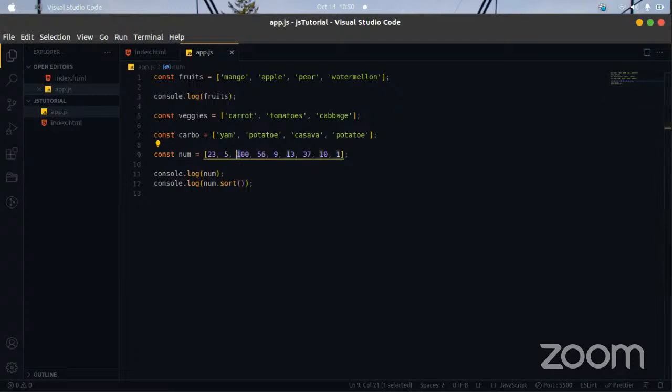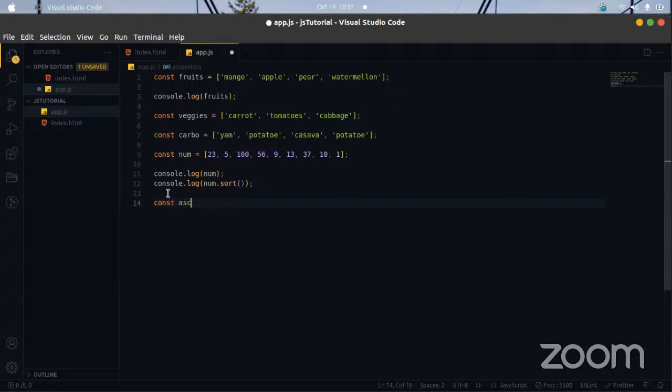So the best way we could actually do this is to use a function. Now to use a function, we could call this const ascending. Const ascending is going to be a function.